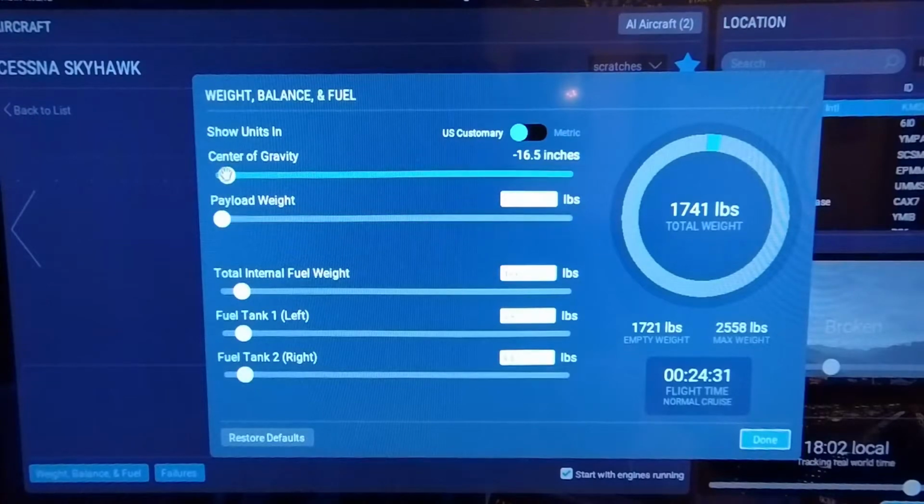So play with that if you want, or just leave it at 0 and get used to flying the machine first. But if you really want to experiment with what happens if you get your CG way out or your weight, look at the weight here. I can max out my fuel, and then watch the weight here. Typically these airplanes, the max gross weight is like, what is it for a Cessna? About 2,400. Well, here in this case it's like 2,500. But look at this, how far you can go past that weight,